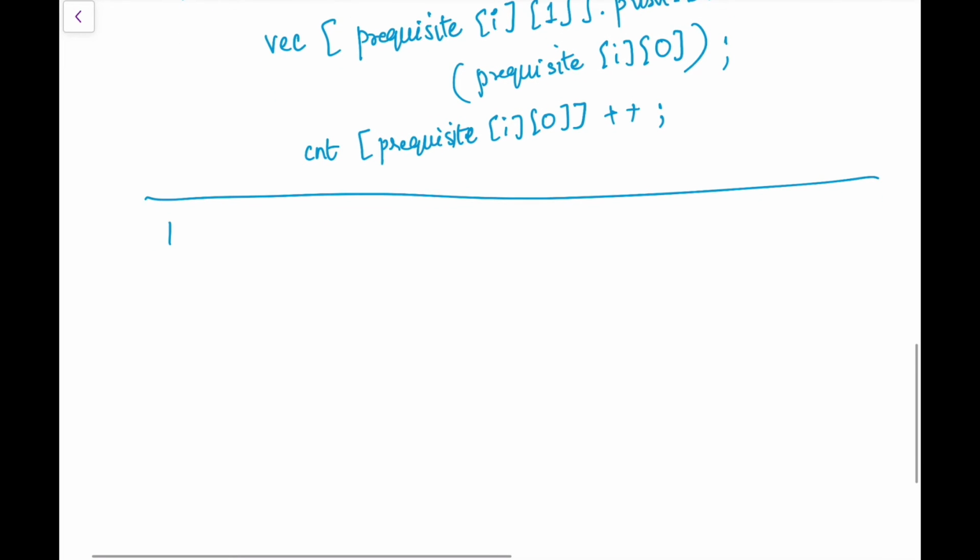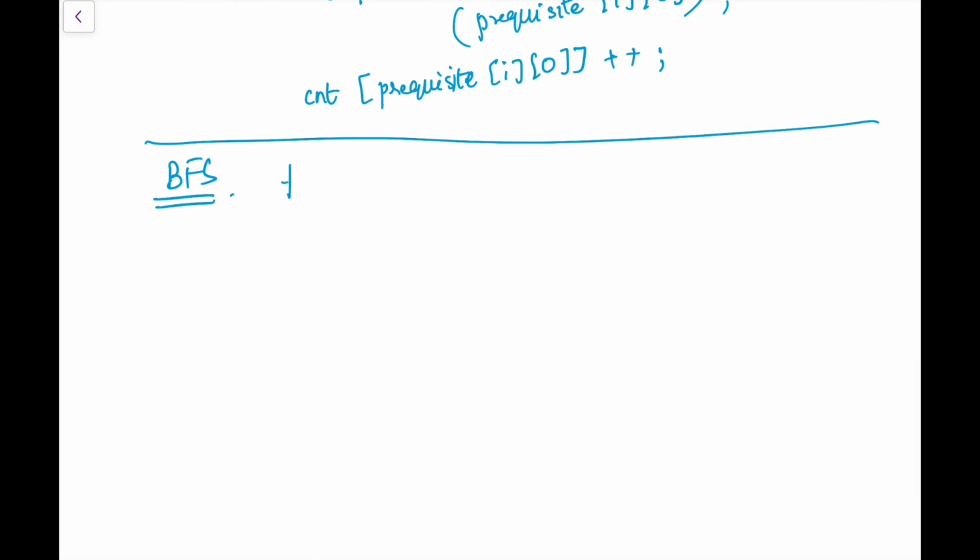We'll follow a BFS approach here. In BFS approach, we'll first find which course is free of requirement. How we can do this?